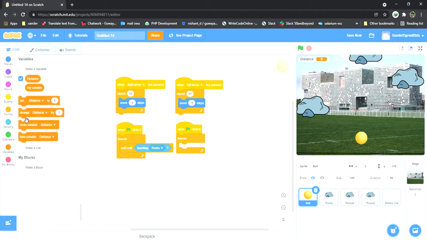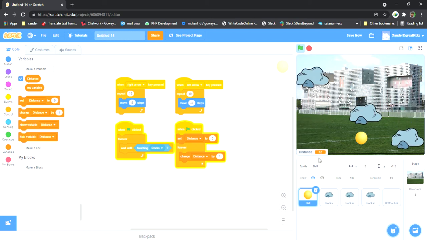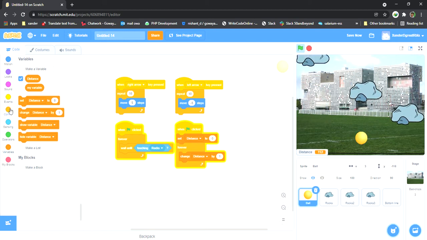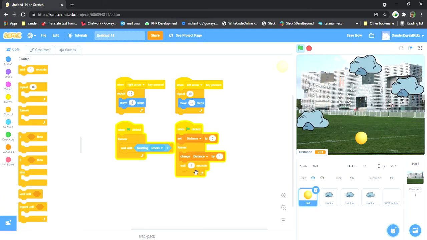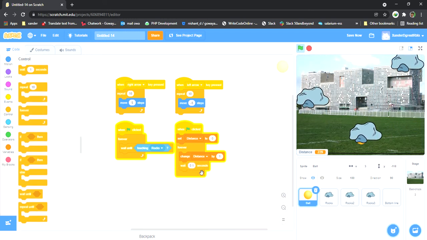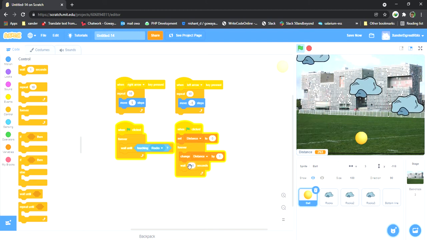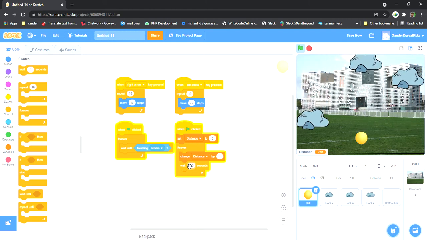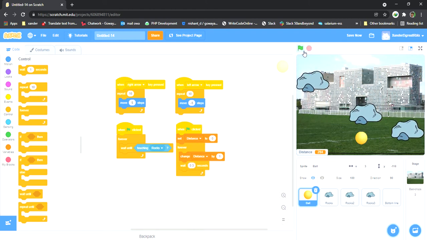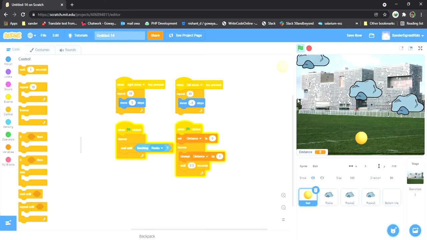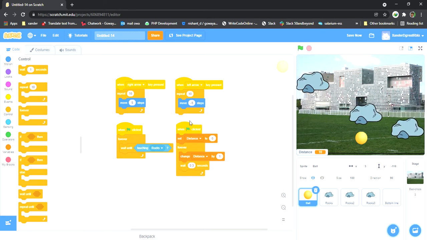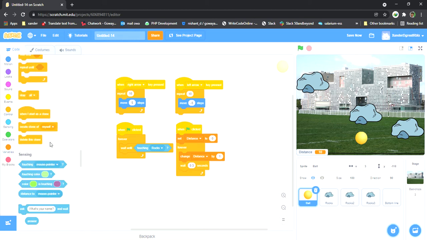So, change distance by 1, set distance to 0. As you can see, it's very fast. Now, you need to put a wait in here. As you can see, it's much slower, but still very fast. Yeah, that works. Wait until touching rocks. And then,